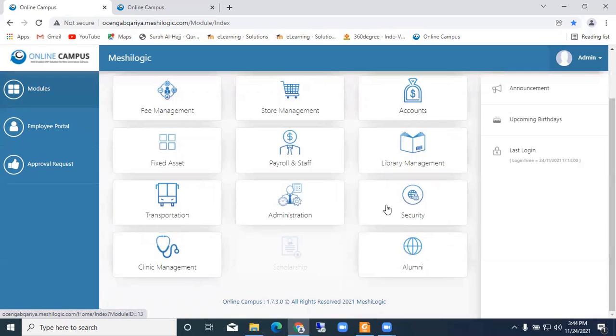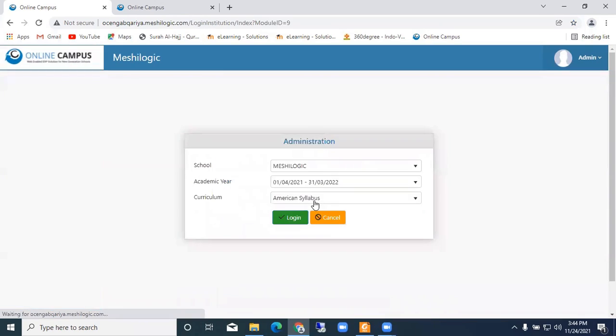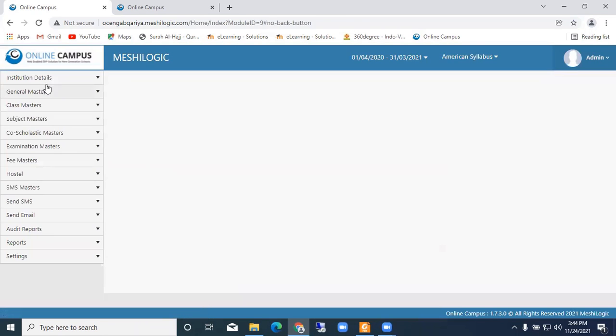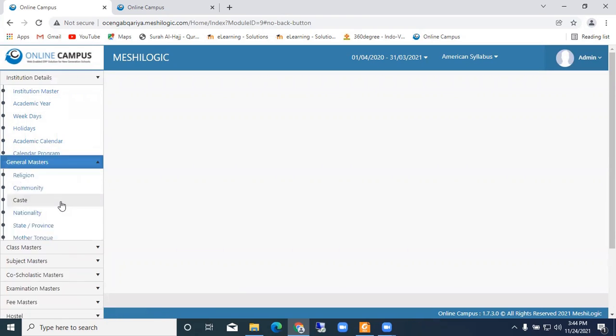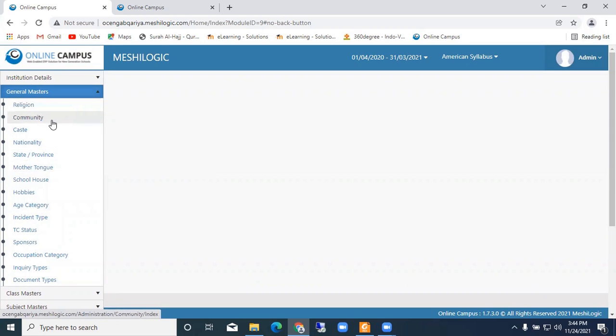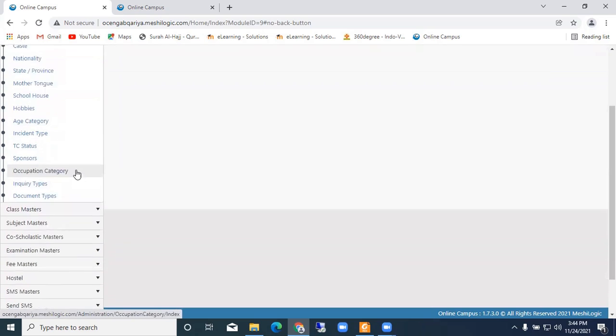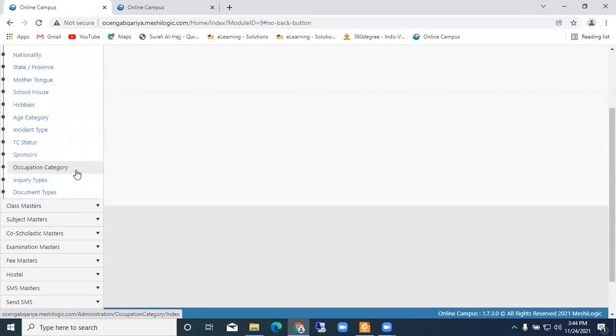What access can we give? Suppose A, B, C. We have to give one particular access to A, a particular access to B, a particular access to C. Everything we can control by the security systems in the administration. We can see how it starts with the organization: academic years, weekdays, holidays, academic calendar, program, announcements, uploads of news. Then general masters: religion, community, caste, nationality. All small things, all one-time setup here,